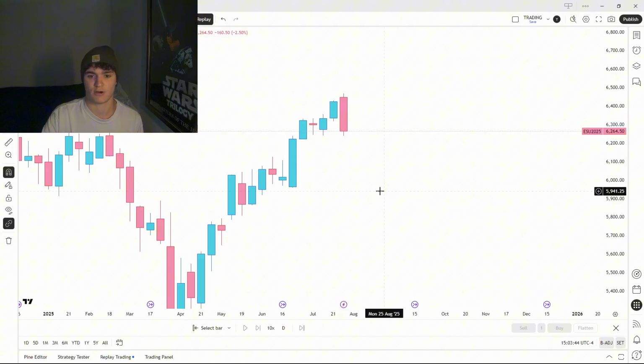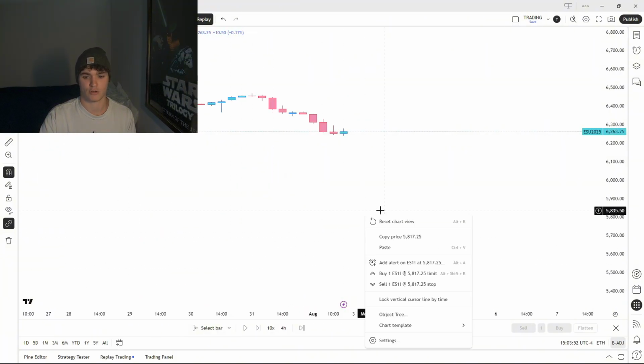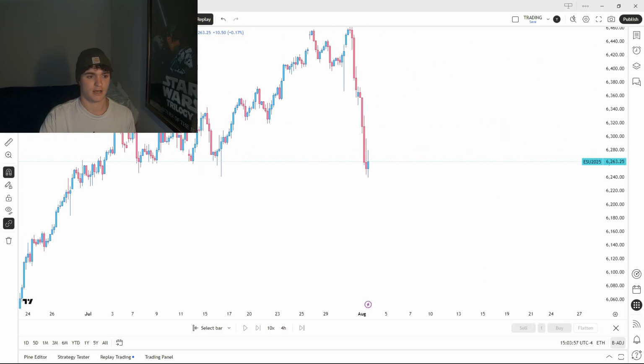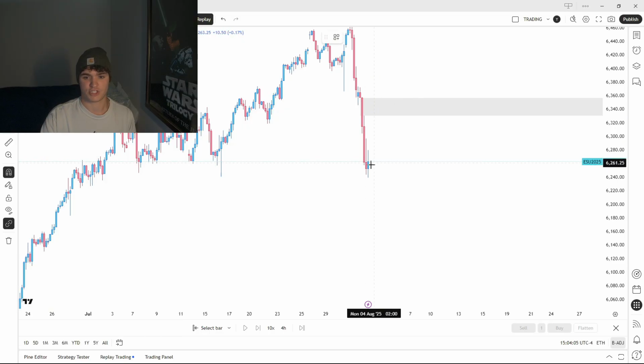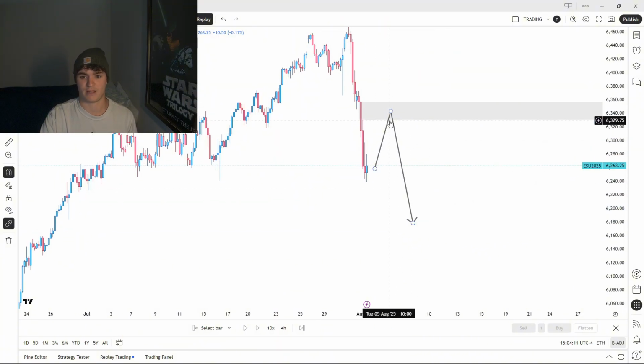That's my thesis. So when is that going to happen? I don't exactly know, because we also have a lot of 4-hour imbalances that we need to retrace back into to go lower, right? We just created a lot of these this week, and as you can see, I'll mark out this bearish fair value gap right here. It wouldn't surprise me in the least if we have some sort of retracement move to shake out the people who shorted the hole down here, and then we continue downwards and test that weekly bullish imbalance. Now, it also obviously could go the other way around.